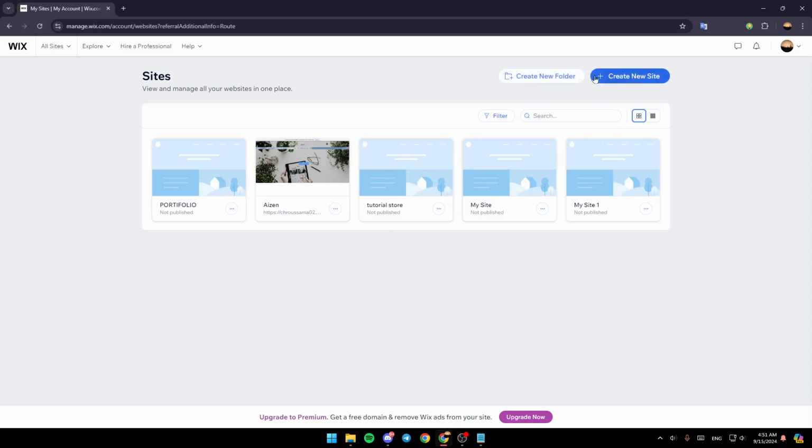So right here in the top, as you can see guys, you're going to find the option to create a new folder, and right here you can create a new site. And then right here, as you can see guys, you're going to find all of the websites that you have on Wix. So right now, if you don't have a portfolio yet and you want to create one, click on